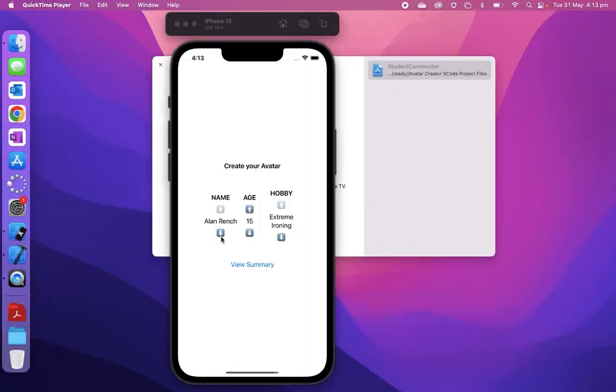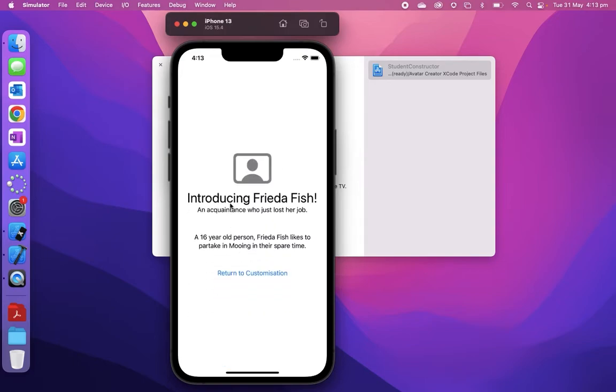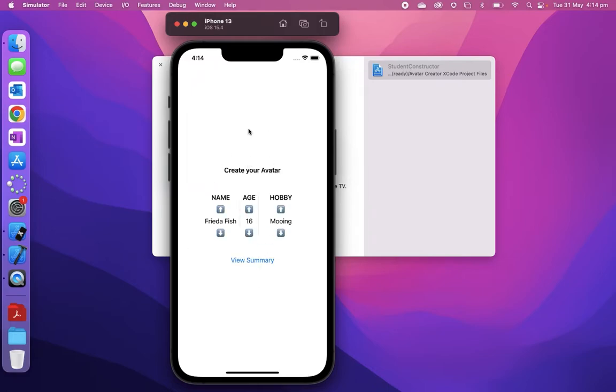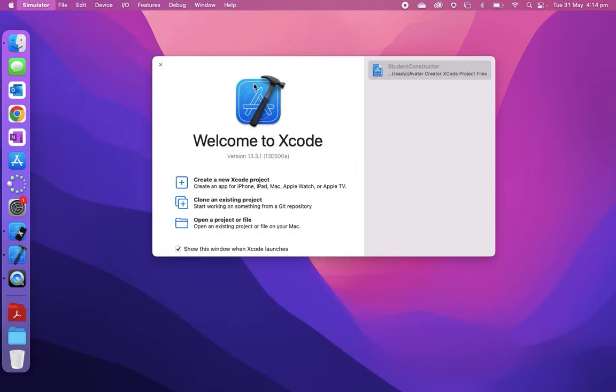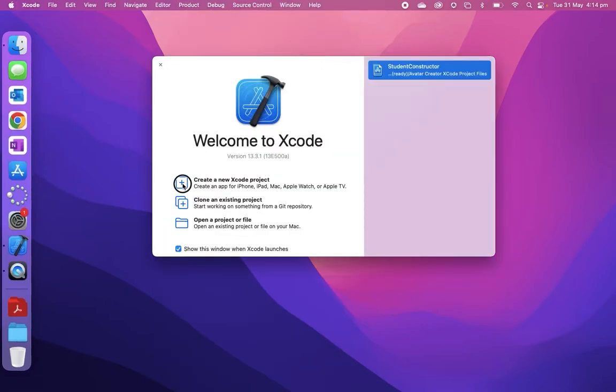This is going to be how to create an app that has different options and iterates through a list. What it can then do is let you view your summary, and it'll pass those options back to the main view, and you can return to here. Nice and straightforward. So the first thing I want to do is go to Xcode and create a new